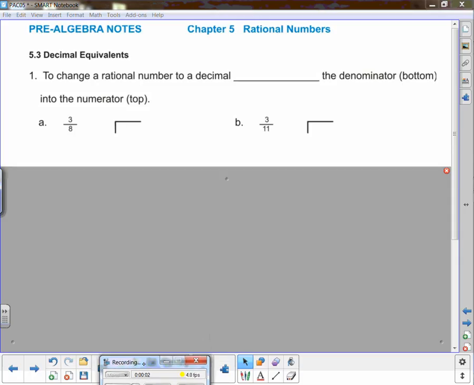All right, so this is simply decimal equivalence. So part of your knowledge of fractions is understanding that things can be written in different forms. The other day we talked about different fractional forms. Don't write this. For example,